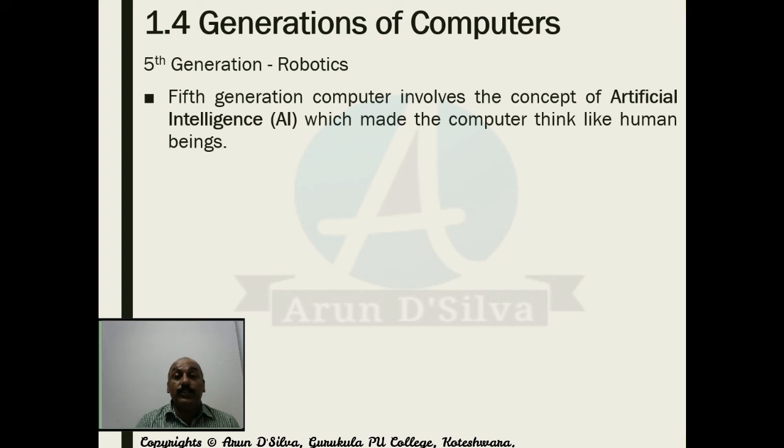So the machine itself takes a decision according to the situation, according to the actions. We have seen that in the movies and everything. Robots. That is the reason this generation is called robotics. So the machine starts to think like a human,